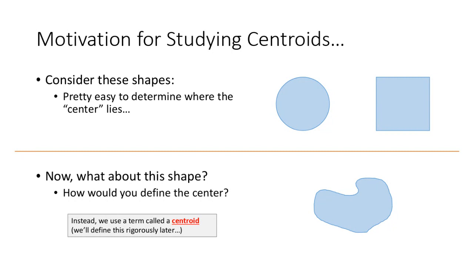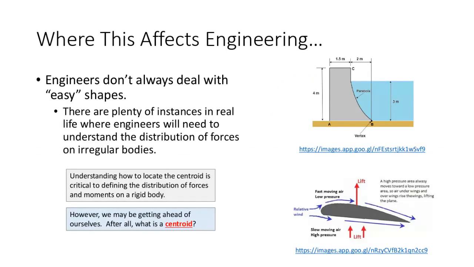Now, that's sort of like the basic geometry problem, and I'm sure some of you are like, okay, Dr. Mike, that's great. We've got a geometry problem here. Who cares? Well, here's why we care. Engineers don't always deal with what I'll call easy shapes. Let's take a civil engineering application. I've got this dam that's retaining water for a town or a city or whatnot. If I look at that concrete dam, that is not an easy shape. I've got rectangles, I've got a parabola, I've got all sorts of